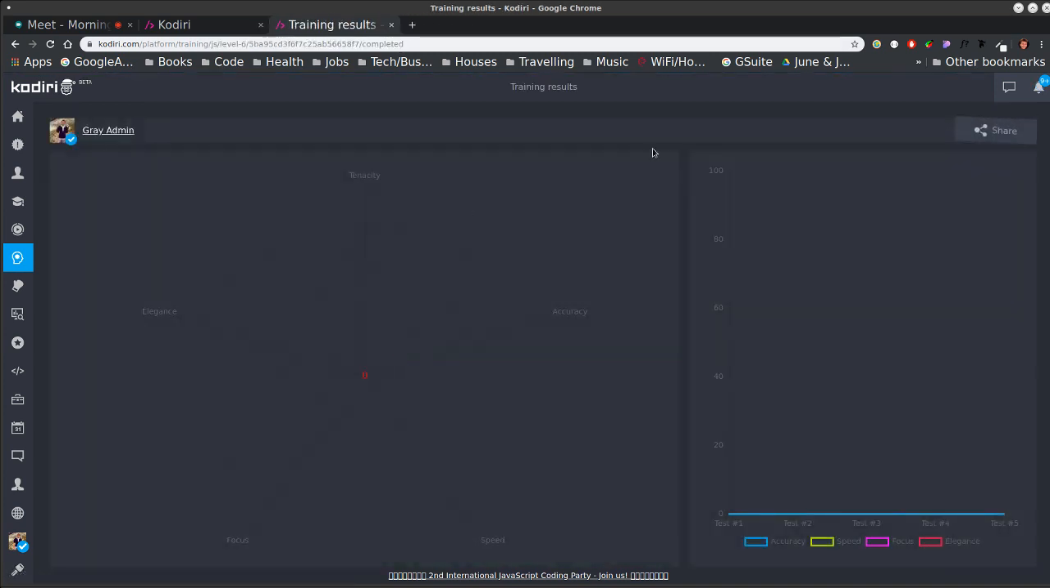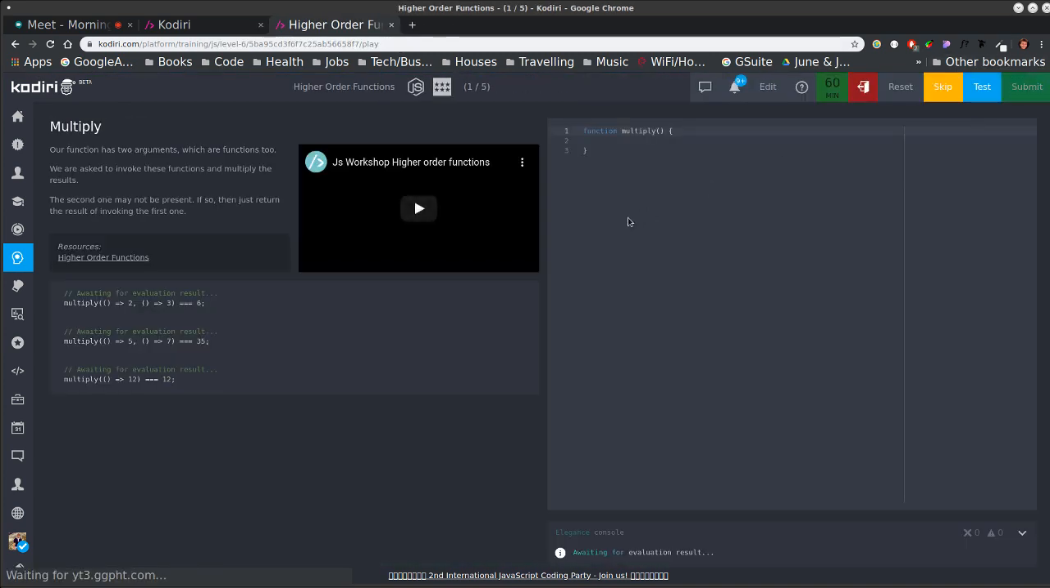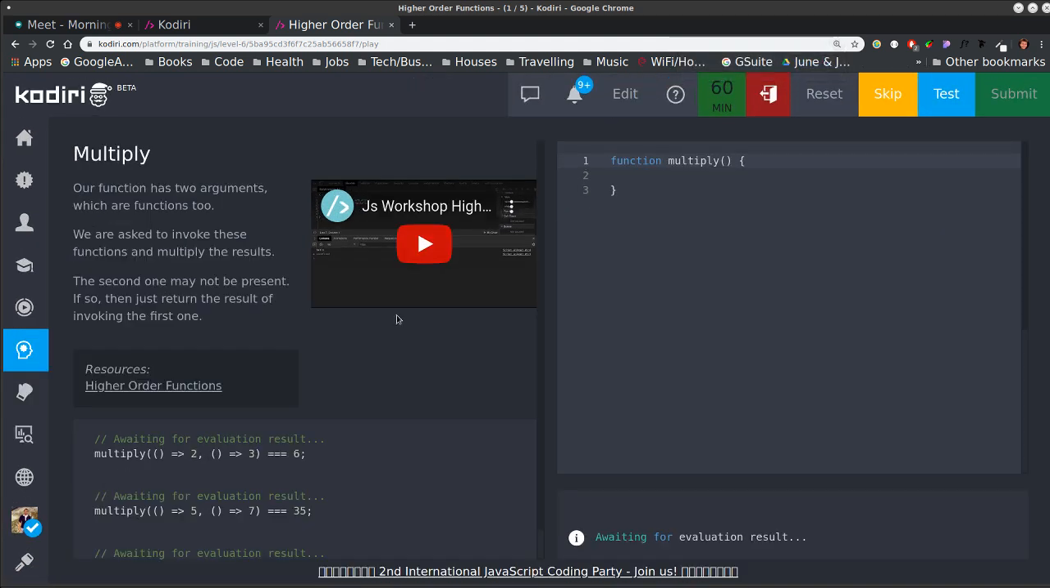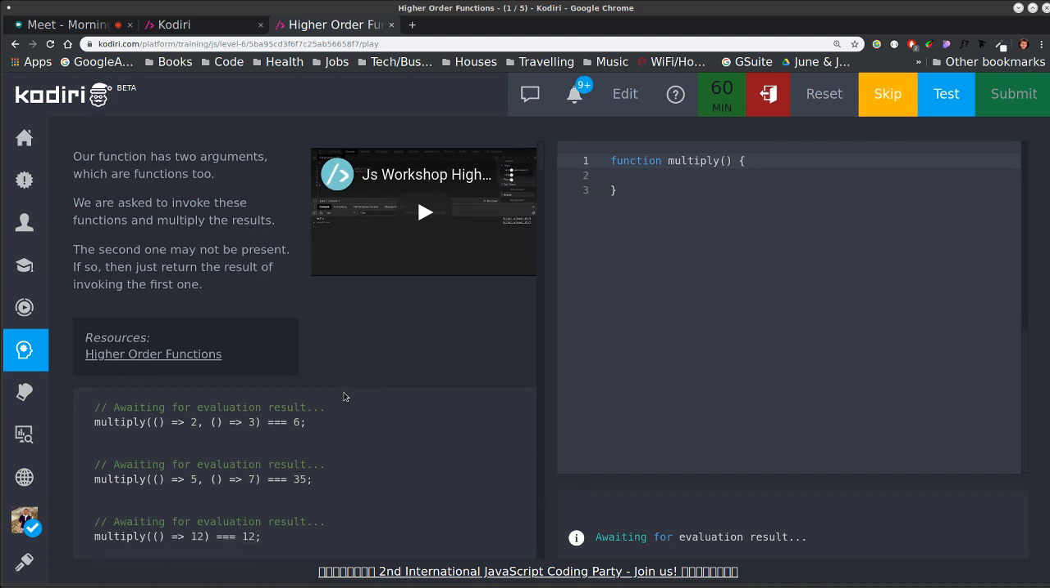So higher order functions, play again. There are no higher order function questions on beginner, so this is intermediate JavaScript. What type of higher order function is this? An arrow higher order function. Yeah, alright, but does it take a function as an input, or does it return a function? Takes function as an input, yeah? We see multiply